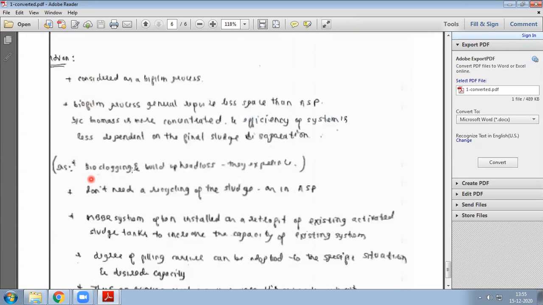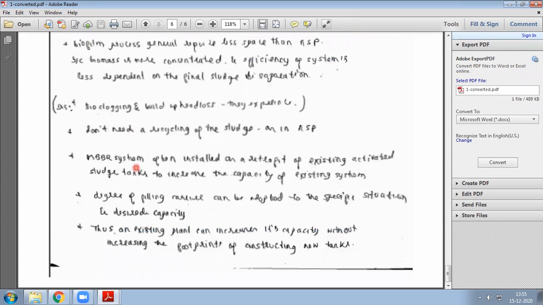So this advantage, disadvantage, you go through it. Okay. So some disadvantage also, like clogging is there. We can't do that, and it doesn't need any recycling of sludge. Very important, right? We have to recirculate part of the sludge. So we are not doing that. Like that, few